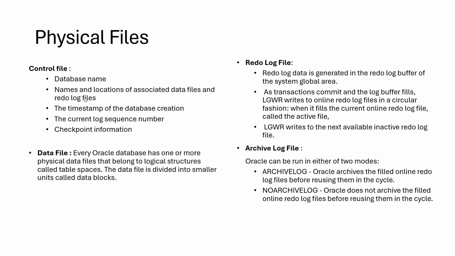I told you, checkpoints write the SCN information in the control file header also. That information is available in the physical file, the control file. And the data file,